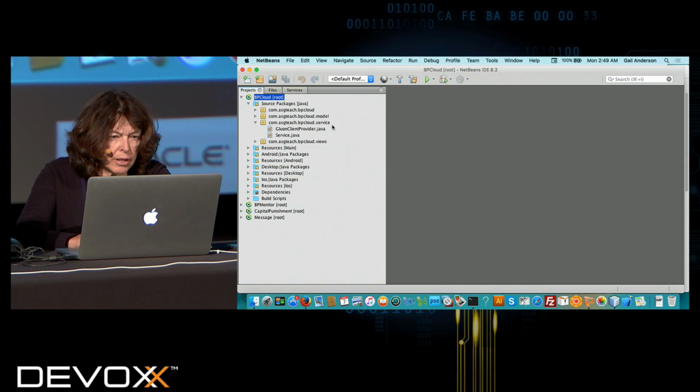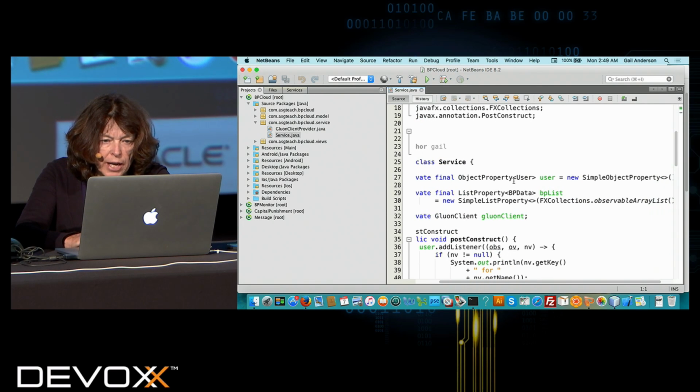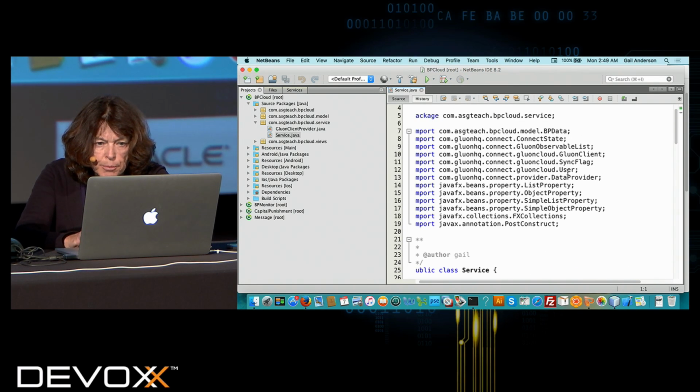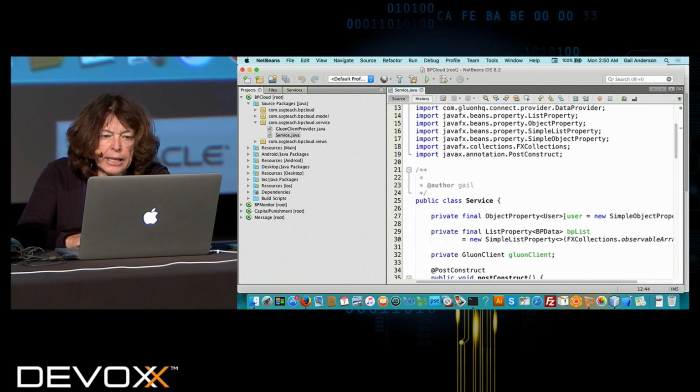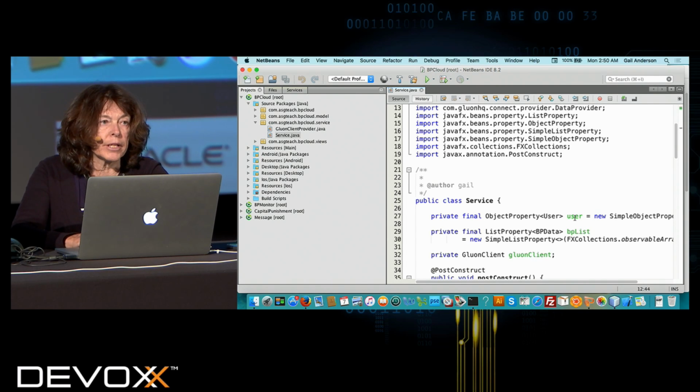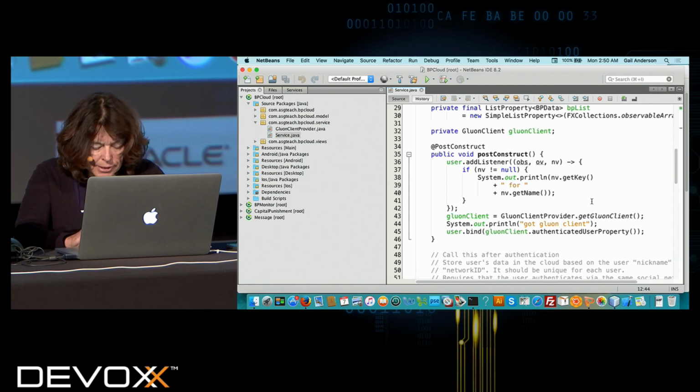Okay, in the BP Cloud application, we do our cloud and service in the service package. The Gluon client provider gives you the Gluon client, and it's the service class that we're interested in here. So first of all, here's the property that we defined. It's an object property of type user, and this is a Gluon class up here. And that's what an authenticated user is, of type Gluon Cloud user. And so we're going to create a simple object property here in the service class, and then we're going to make this user property available. Okay, and you've seen the Gluon client, and so